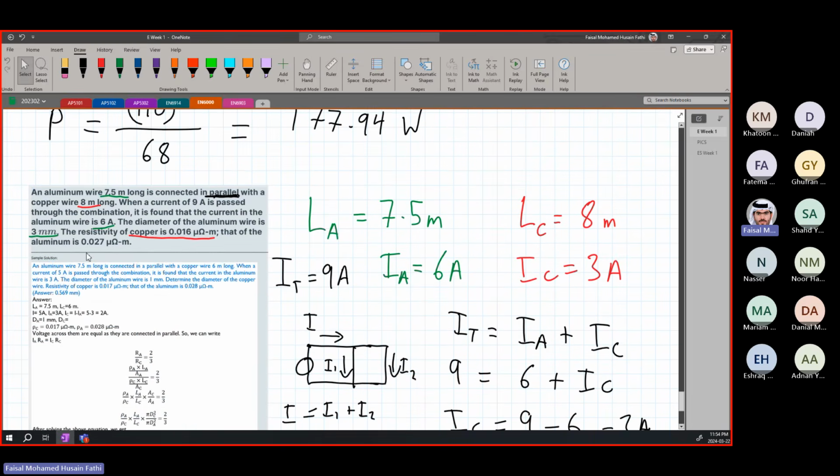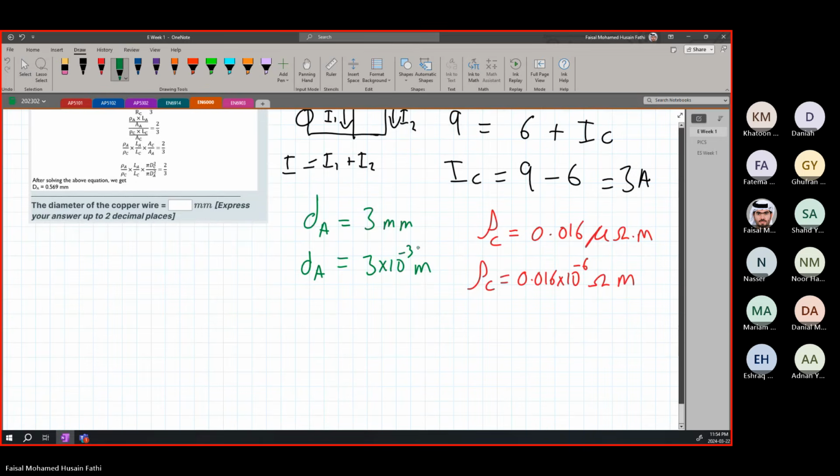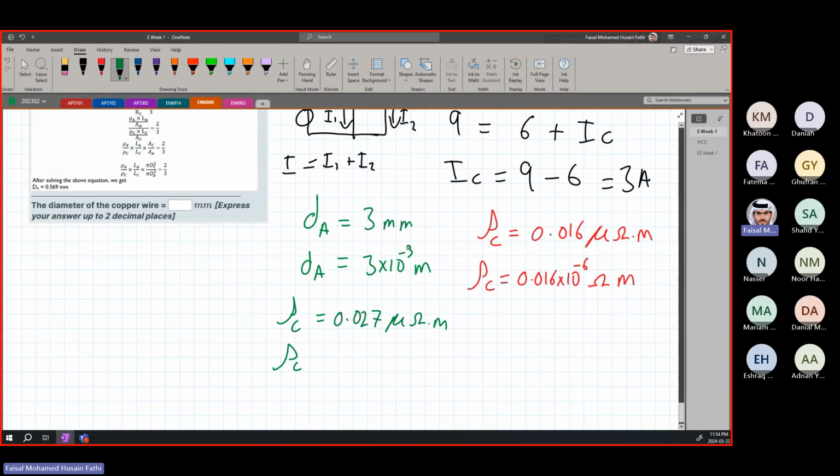That of the aluminum, the aluminum resistivity is 0.027 micro ohm meter. Right? Yes. Again, this is aluminum A. We're going to have to convert this into times 10 to the minus 6 ohm meter. Then,